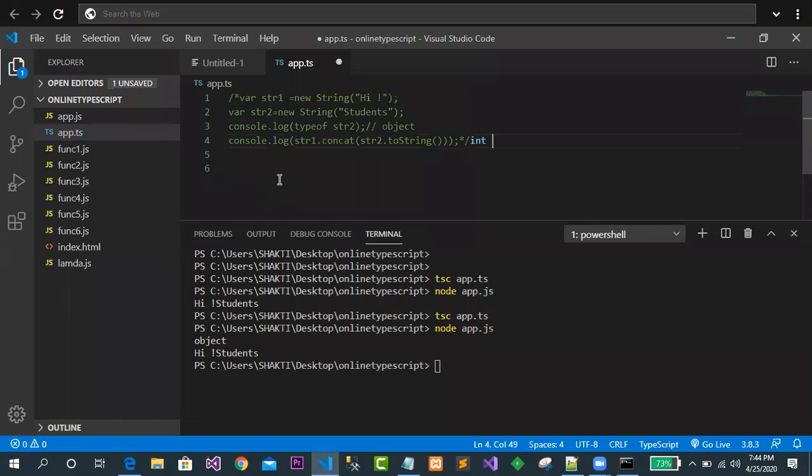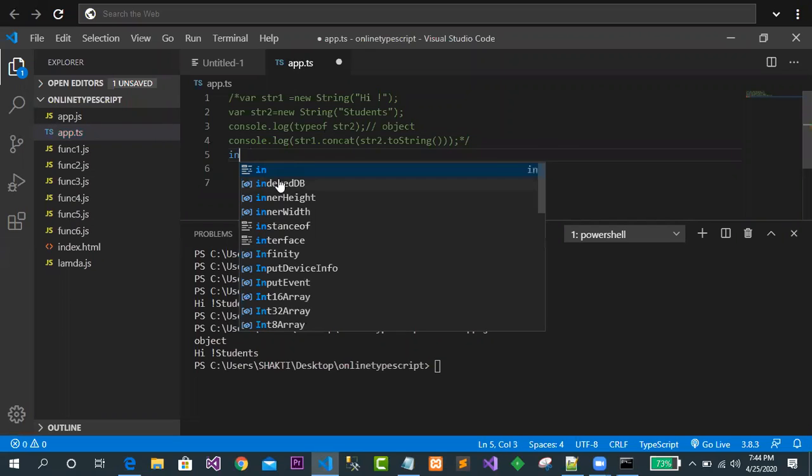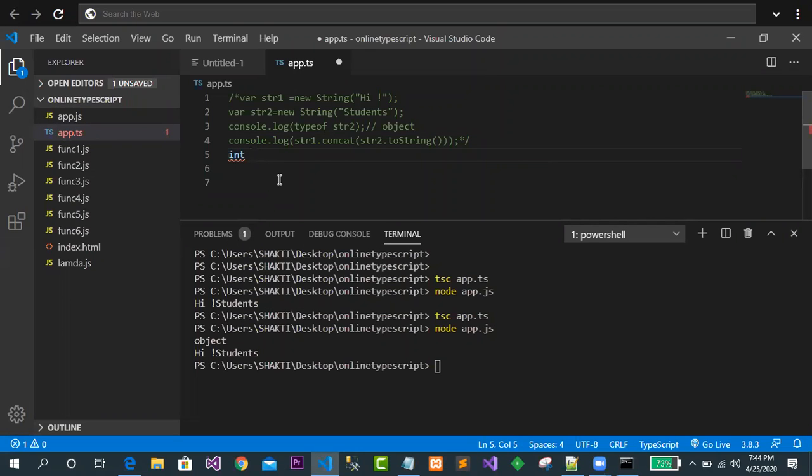Okay, in the case of C sharp or Java, you simply write integer x equal to 10. But in the case of JavaScript or TypeScript, it is not possible to write like this. You are just defining it with the var keyword. So var keyword is telling that if you want to define a number, then you have to write number equal to 10. This is quite easy to understand. Now the data type of x is what? Number. Something like this. So var is not a class over here.